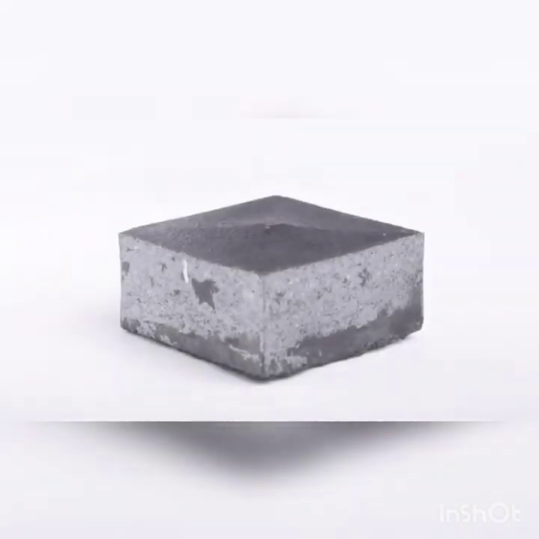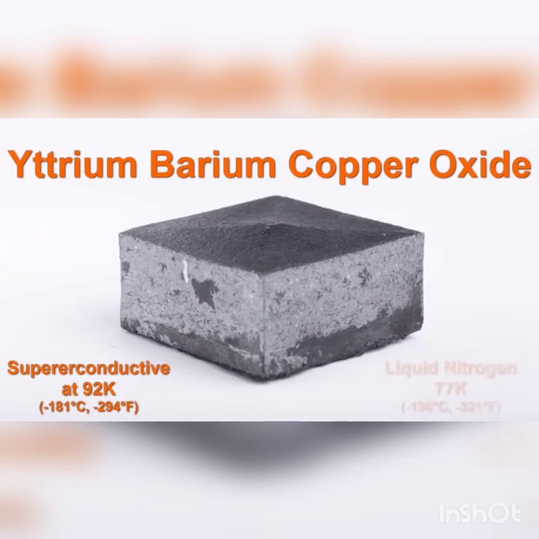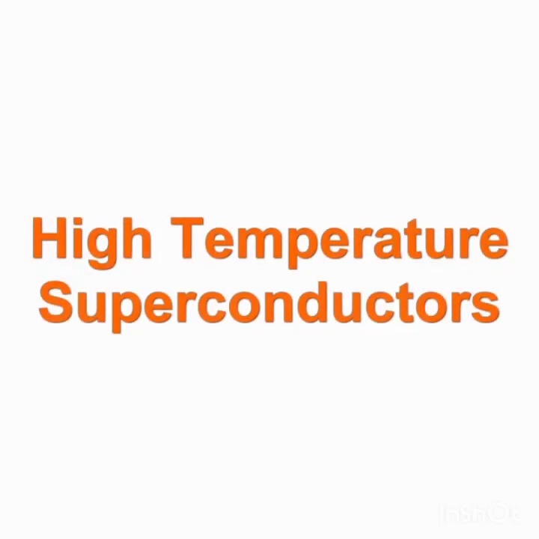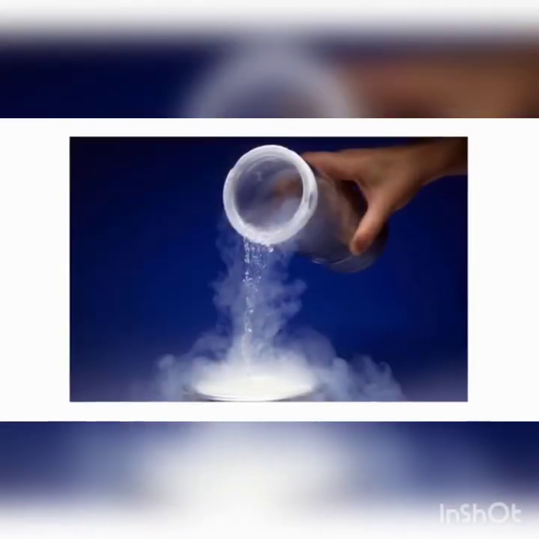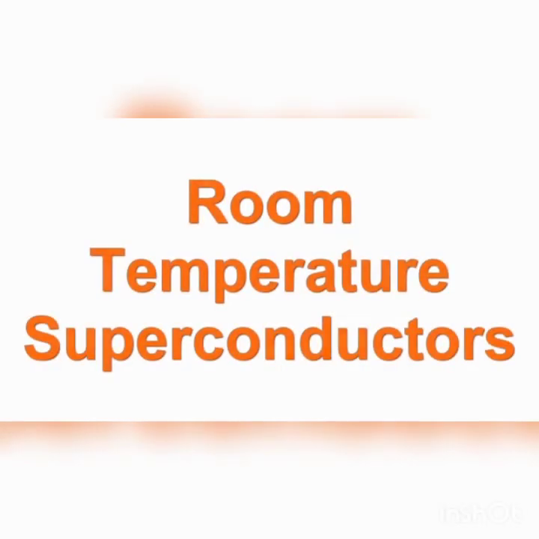For example, some ceramic materials undergo a superconducting transition at high enough temperatures that they can be cooled down using relatively warm liquid nitrogen. These materials are known as high-temperature superconductors, and they have revolutionized how and where we are able to use this technology. But still, always having to have liquid nitrogen at hand is extremely limiting. The goal for scientists is to create a material that is superconductive at room temperature. If we had room temperature